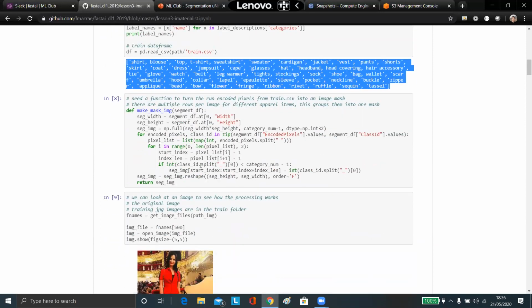And then you need your function. This is the function that we're using to define what each of the encoded pixels is in our train.csv file, and it basically creates the image mask. This will get fairly complicated. This is the way I would do it if you're running a